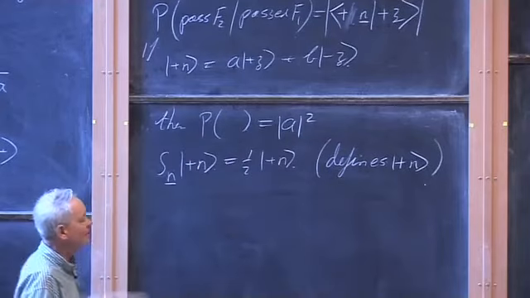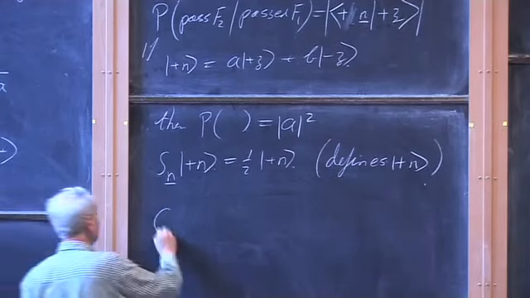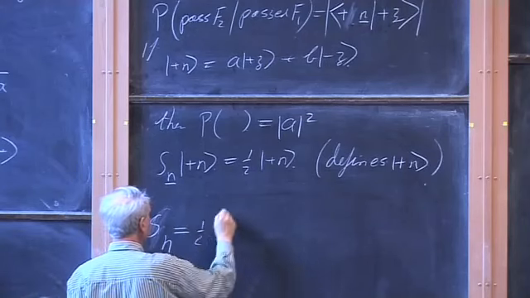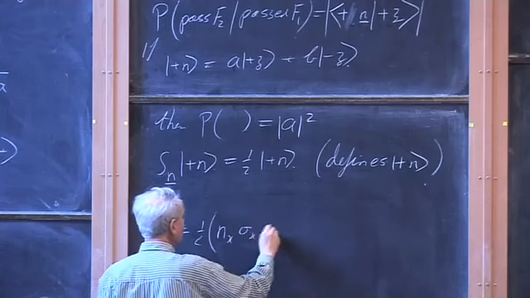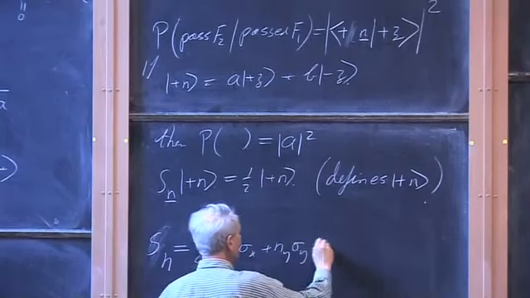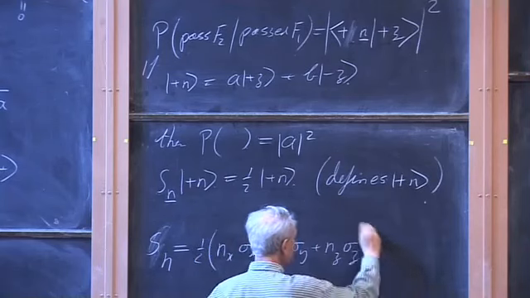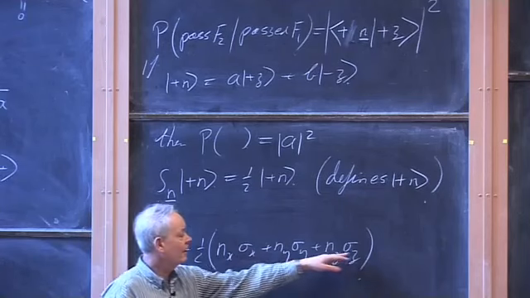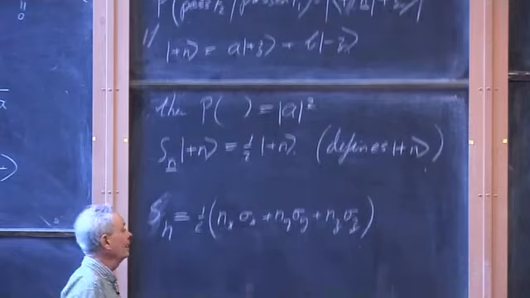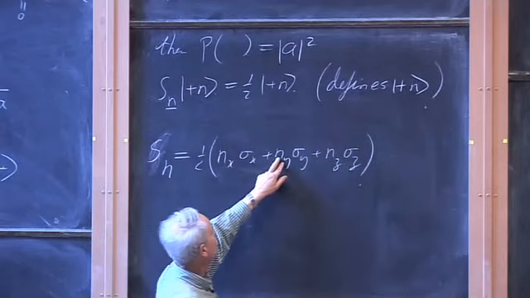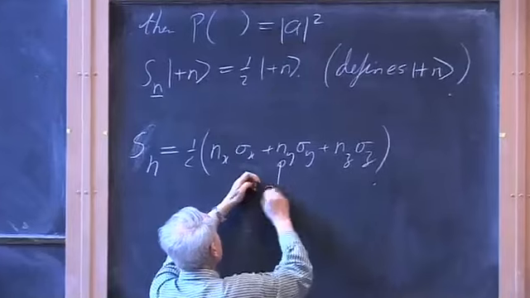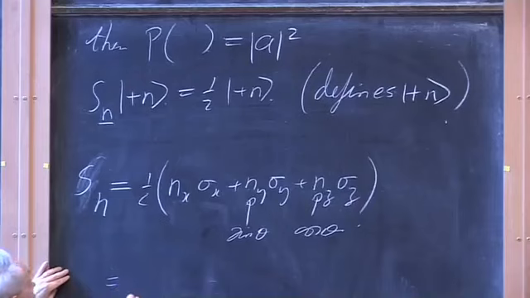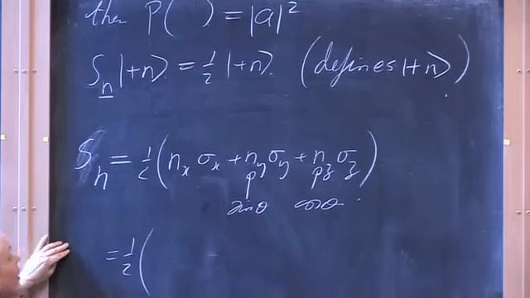Now we have a well-defined mathematical problem. Find it, because what is Sn? Sn is equal to a half of nx sigma x plus ny sigma y plus nz sigma z. Sort of a dot product between the unit vector n and the vector made up of the three Pauli matrices. Well, nx is 0, so basically we've got an ny we agreed was going to be sine theta, and this we agreed was going to be cos theta. So at the end of the day, it is a half of,